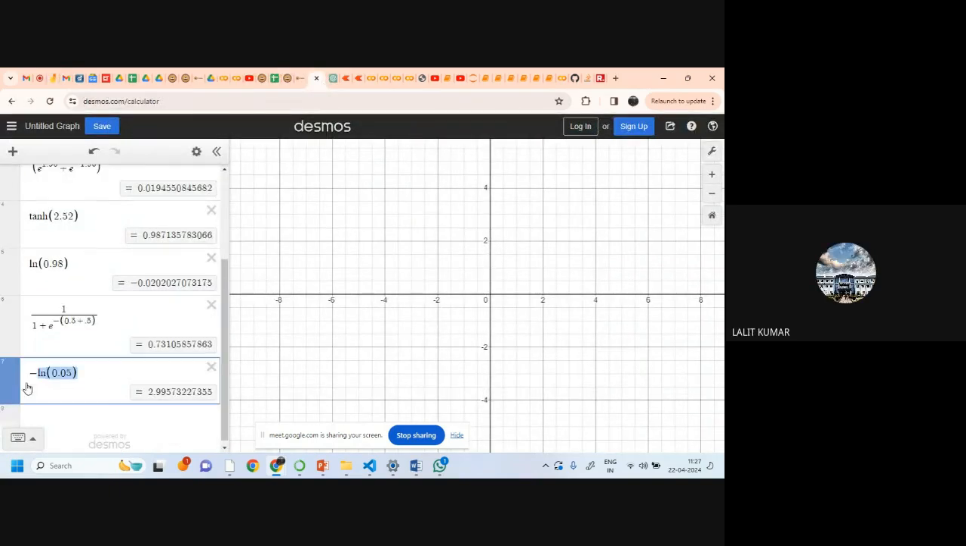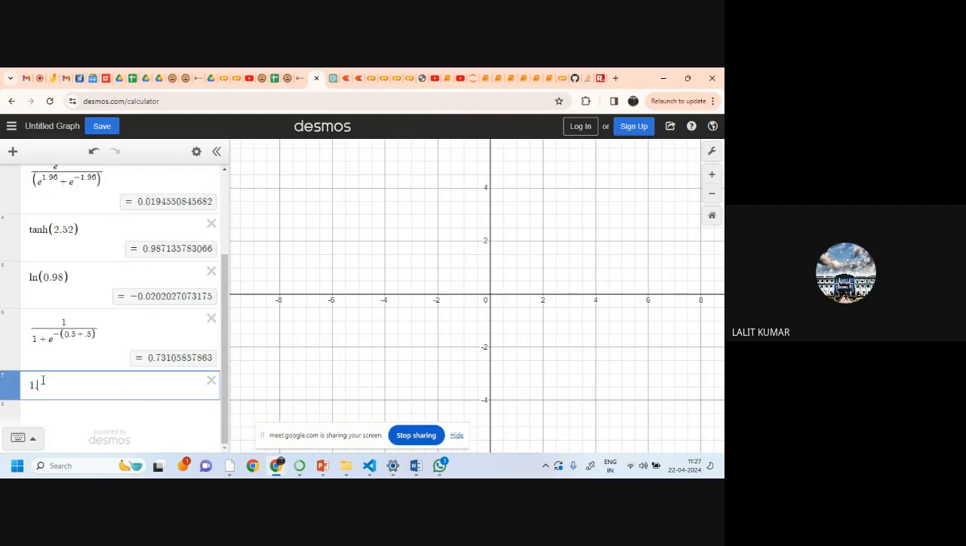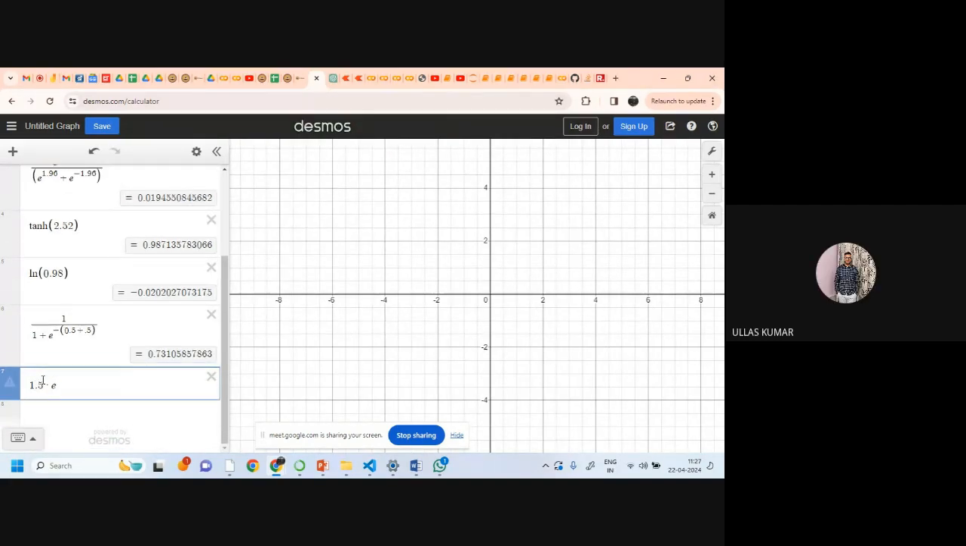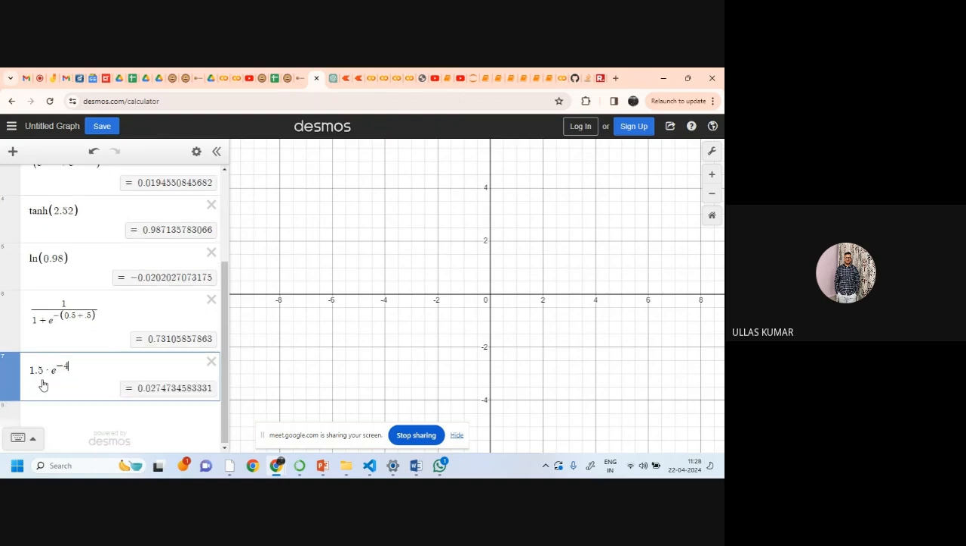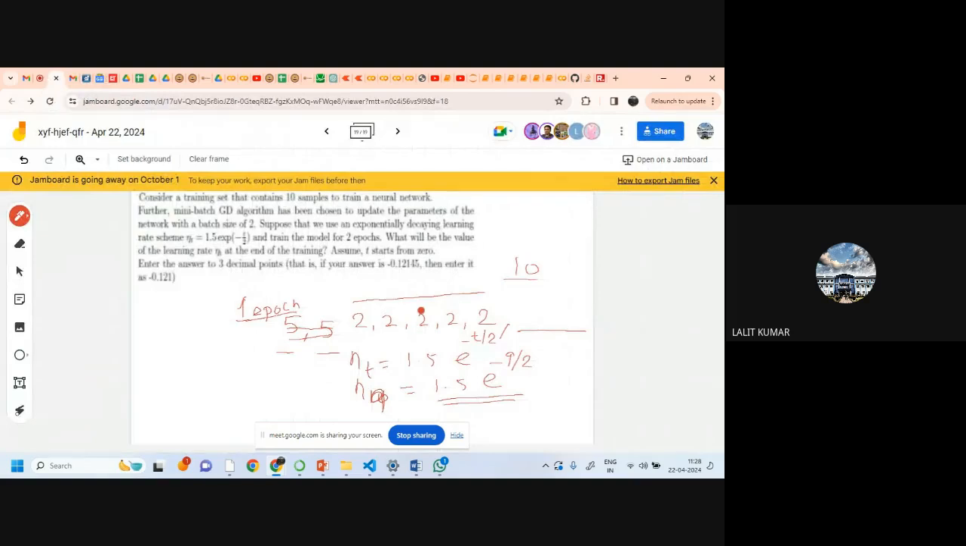एक मिनट इसमें देख लें। 1.5 इंटू e की पावर -4.5 हो गया। तो हाँ, सही है। 0.016 आएगा।